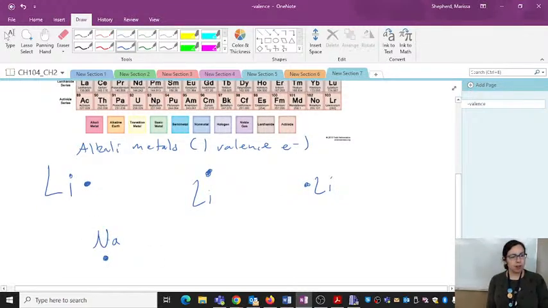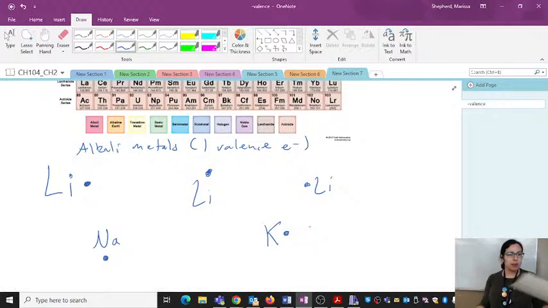We can do it with sodium too. And so again, we're just depicting our valence or outermost electron. So for all of those, they're just going to have one dot. So we can do potassium too, a little one dot, and it doesn't matter what side. And then if you look on your periodic table,